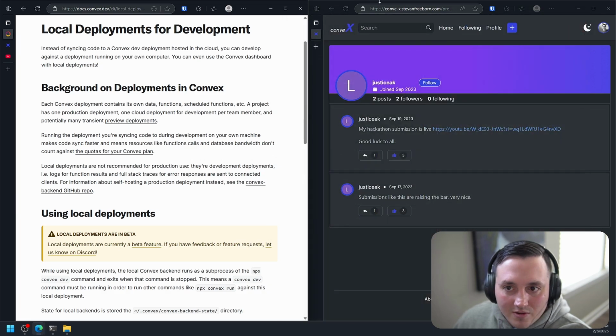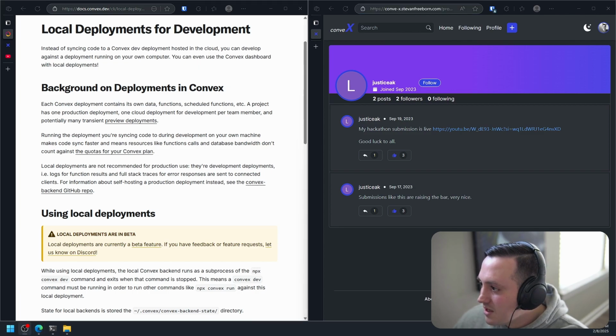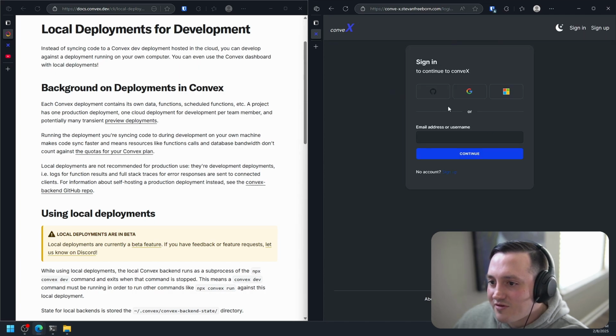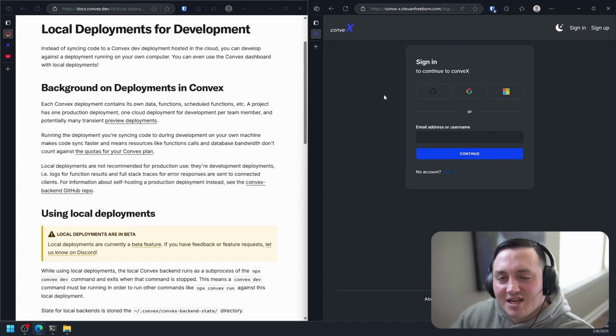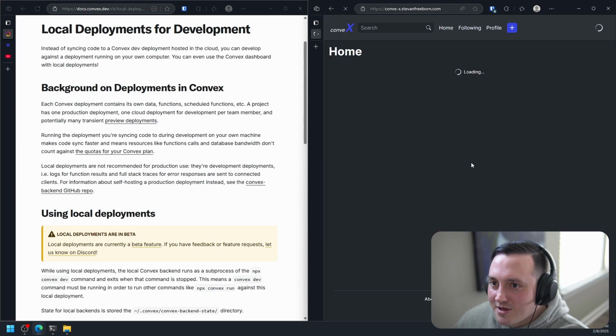So let's go. Oh, and if you guys want to, this Convex app, I'll post this in the chat. This is live, so if you want to go and check it out, you can play with it. I had a ton of fun building it. So yeah, you can sign up. It uses Clerk for the auth, because Convex has a really nice integration with Clerk. So you can use a local account, or you can use Microsoft, Google, GitHub to sign in. But yeah, if you do log in, make a post, and I'll see it.